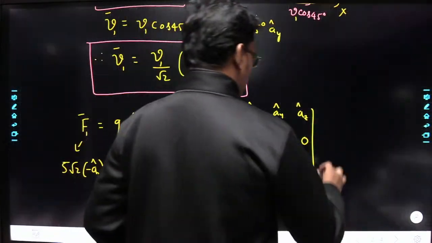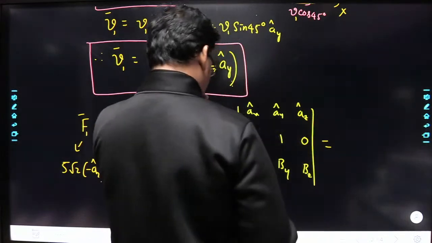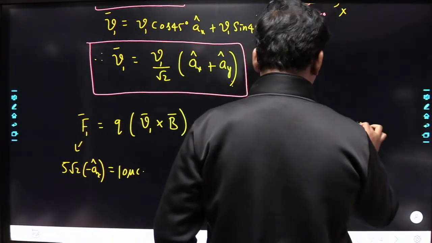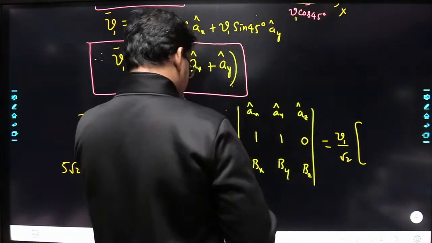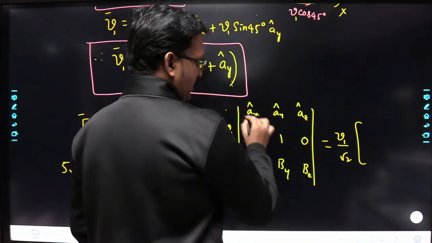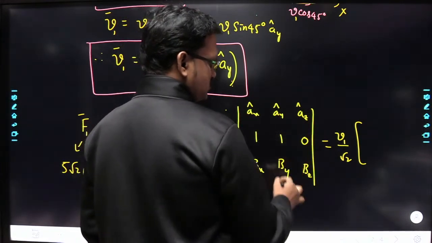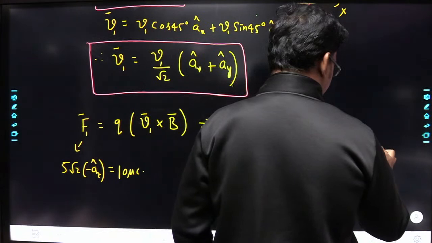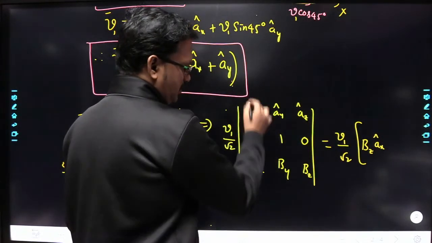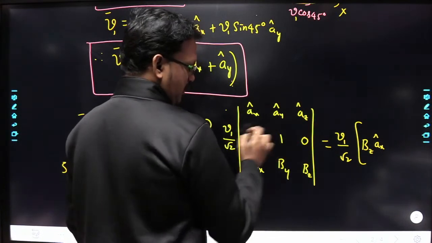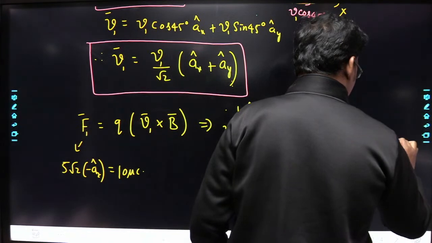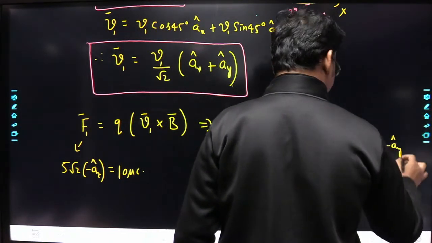If you do the cross product, you are going to get V1 by root 2 into AX cap times Bz minus 0, so that means Bz AX cap. Next, minus AY cap into